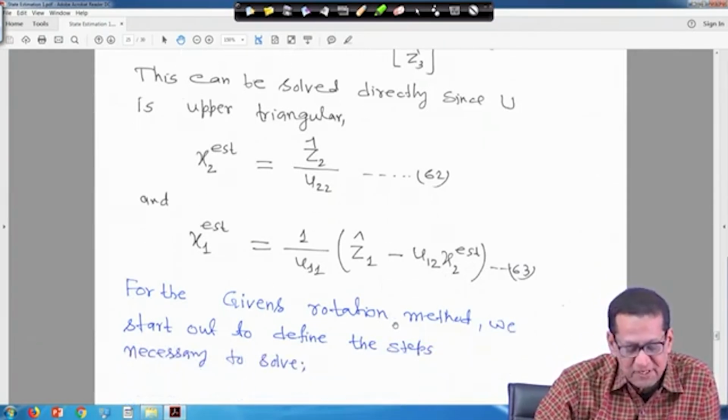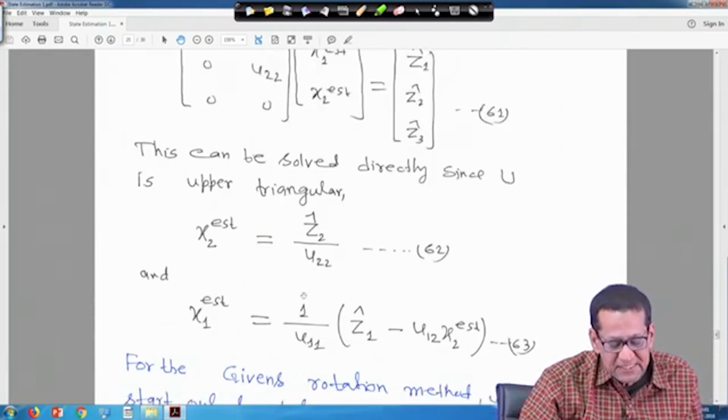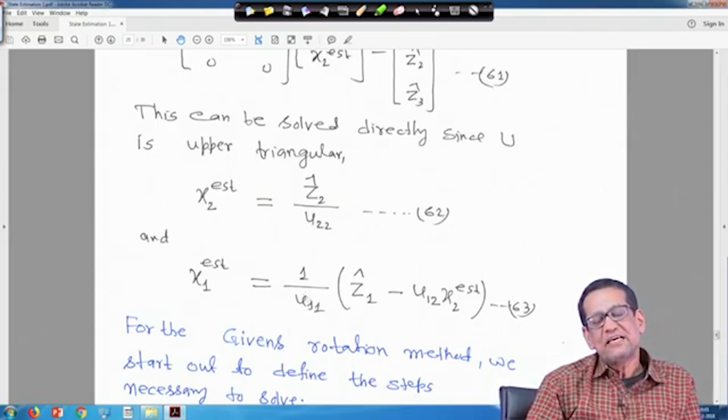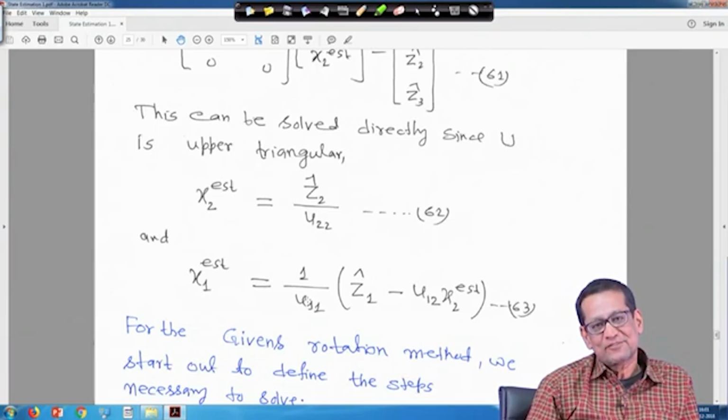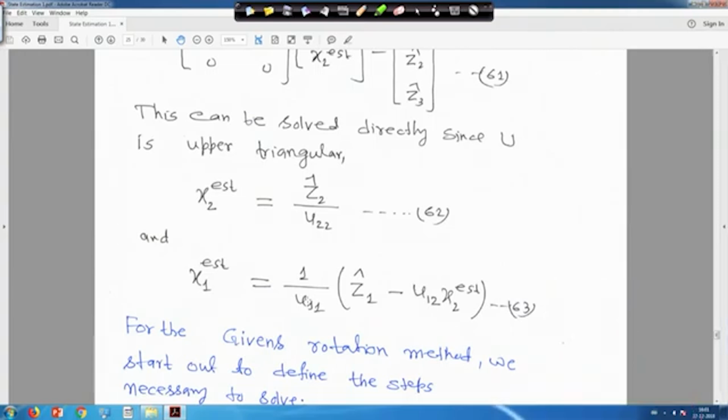For the Givens rotation method, we start out to define the steps necessary to solve, right. This Givens rotation method we will see a little bit, not much, and then we will try to see a few examples at the end, right. We will make a few examples for you. Throughout, the course is mostly mathematically oriented, and mathematics is there. All the problems are not small problems, but we will see how things can be done, and all this analysis we have tried to see. So, thank you very much, we will be